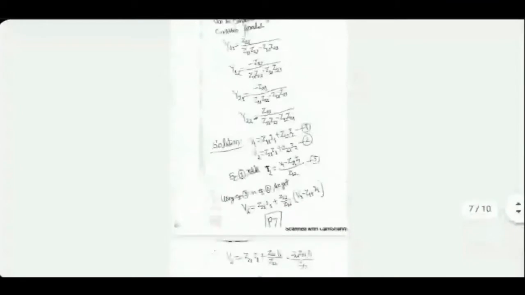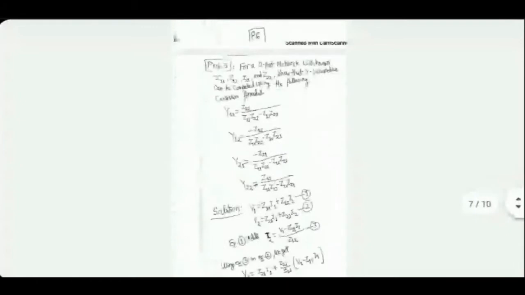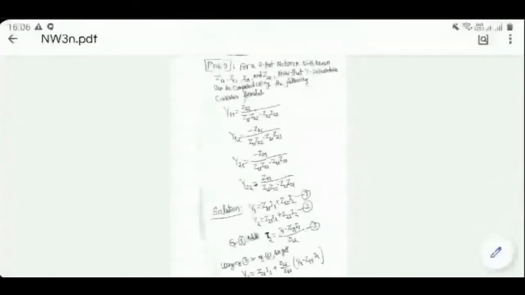Feel free to come up with different methods of doing it. The important thing is that the role of dependent variables and independent variables has to be reversed in doing the derivation. Other technique, of course, is you can directly invert the Z matrix to get the Y matrix. Then you don't have to worry about these formulas. Both methods are fine, okay?